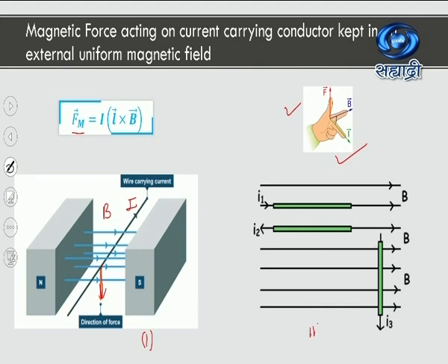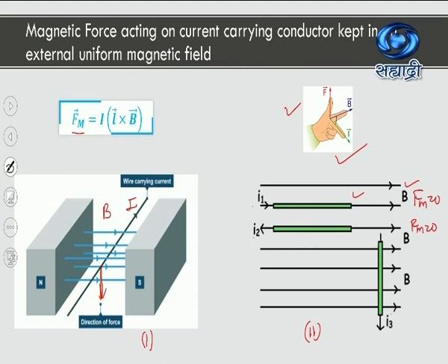As far as the second case is concerned, in the second diagram, I have got three current carrying conductors carrying current I1, I2 and I3 kept in the same magnetic field but at different angles. In the first case, you can see that current and B are parallel to each other. So don't you think in ILB sine theta, theta is 0, the current carrying conductor is parallel to the magnetic field, then Fm in this case should be equal to 0? In this case, the current carrying conductor is anti-parallel to it. Again, Fm needs to be 0. In the third case, it is perpendicular to it. Therefore, Fm needs to be maximum and Fm equal to ILB.